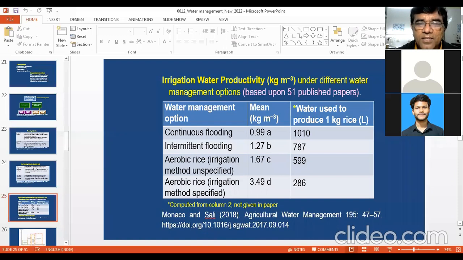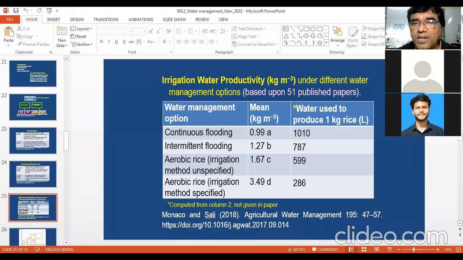Similarly, aerobic rice with irrigation method unspecified, you are getting 1.67. The last case you can see is aerobic rice with irrigation method specified. So here it may be your drip system where you are getting 3.49 kg of grain per 1000 liters of water. Next column, you can see how much water is used in different methods of water management to produce 1